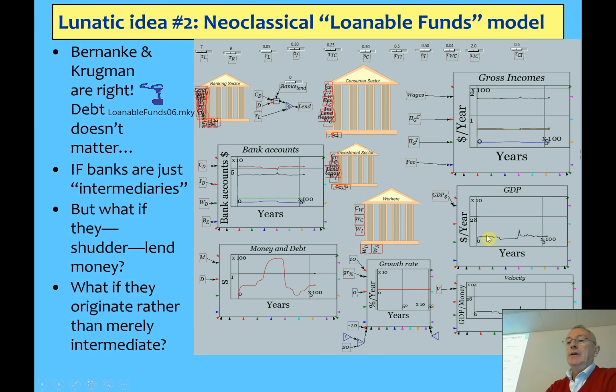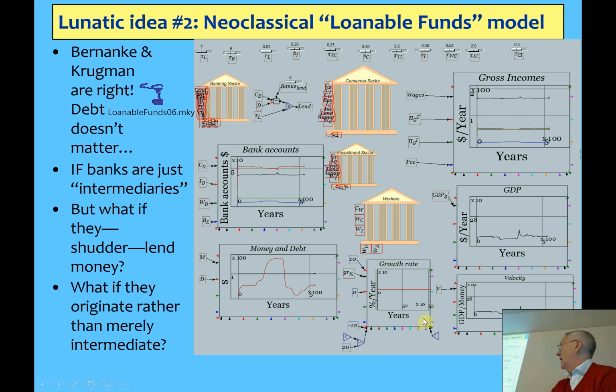Notice how I can't see how many... this simulation's been running for 500 years. And notice GDP has bounced around, but there is no change in the overall level. And the bounces in GDP are precisely related to the velocity of circulation, which varies as money's shuffled between the various bank accounts because the different agents spend at different rates. So you change the aggregate velocity.